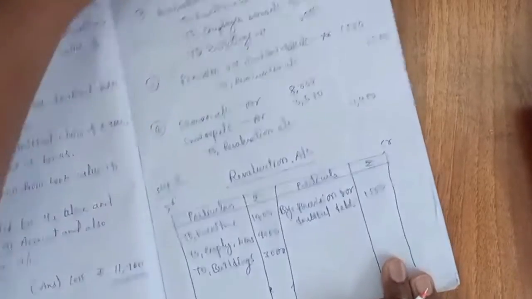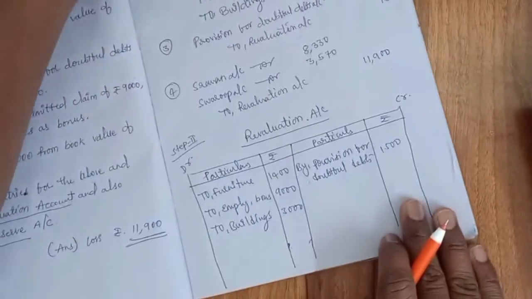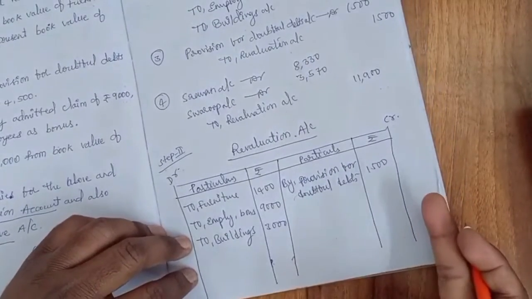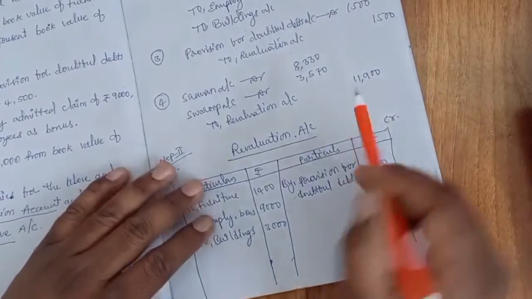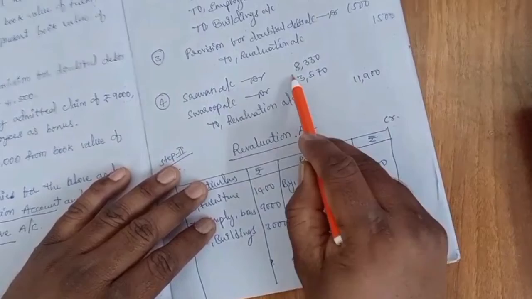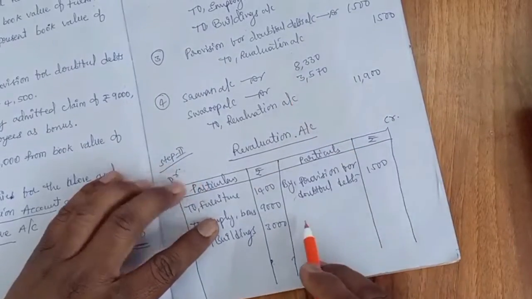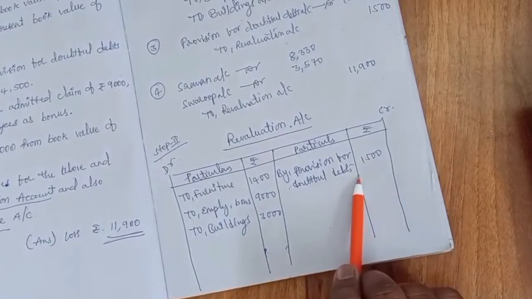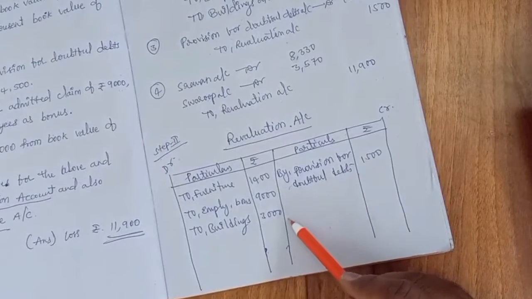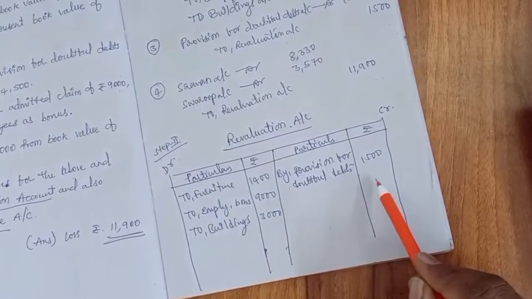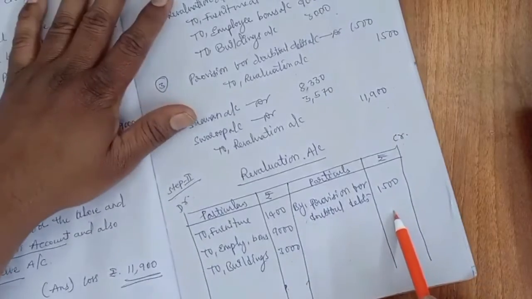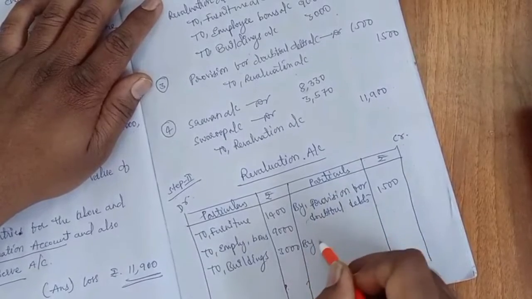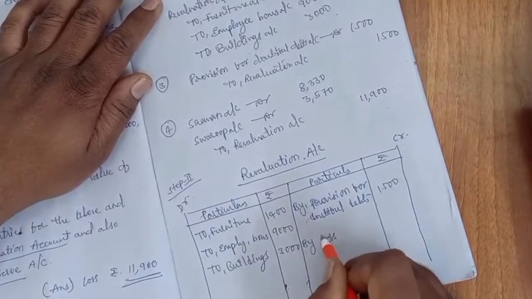Okay. So what is the total here? 13,400 and 1,500. That means again the same story here. So 11,900 is the loss, right? It came. Now this loss has been distributed to whom? Old partners, Shravan and Swarup. So which side is the low balance? Credit side. If we want credit total equal to debit total, now we have to write this loss on the credit side. So how are we going to write? By loss,